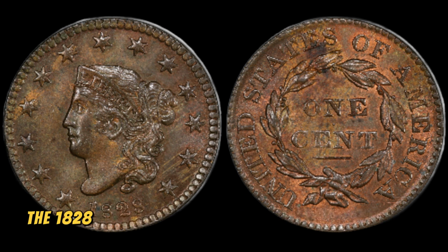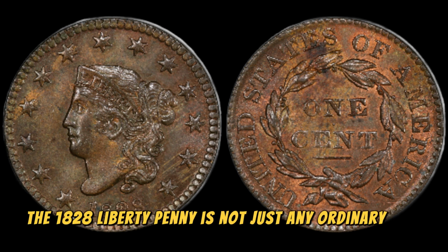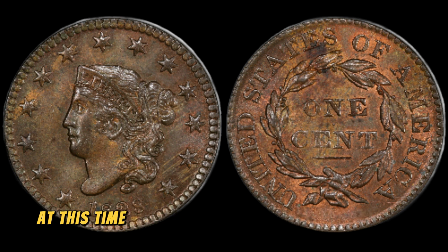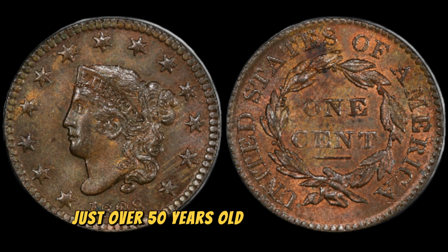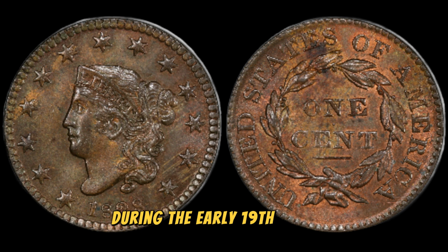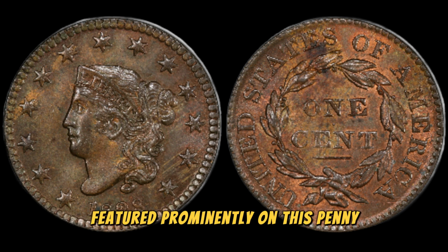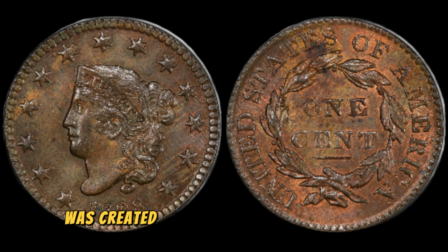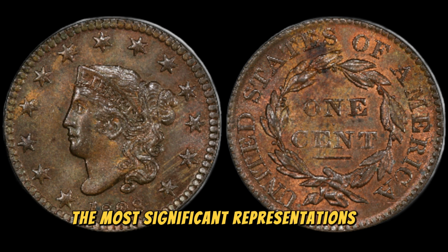The 1828 Liberty penny is not just any ordinary coin. It's a piece of American history, minted in the early days of the U.S. Mint. At this time, the nation was still relatively young, just over 50 years old. The coin reflects the growing independence and spirit of America during the early 19th century. The Liberty head design, featured prominently on this penny, symbolizes freedom and progress. This iconic design was created to reflect the nation's ideals and remains one of the most significant representations of American